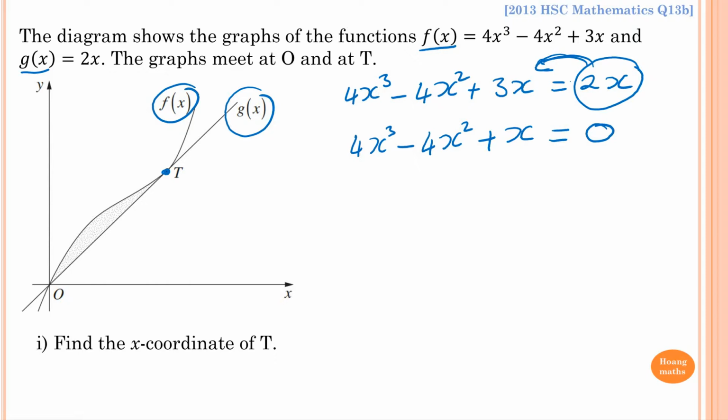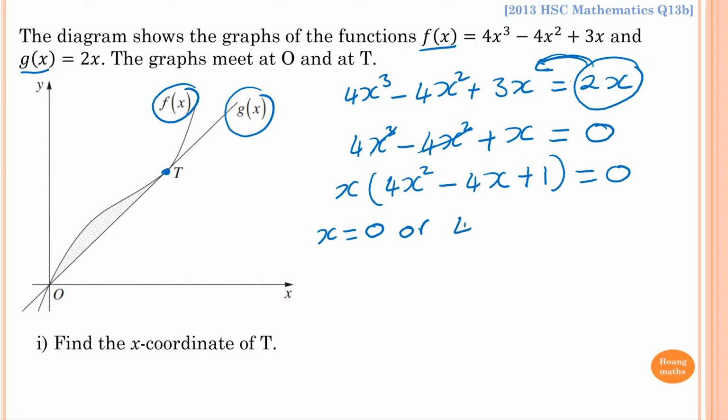The common factor is x, so I take the x out. x^3 divided by x gives me x^2, minus 4x^2 divided by x is minus 4x, and x divided by x is 1, equal to 0. So x is equal to 0 or 4x^2 minus 4x plus 1